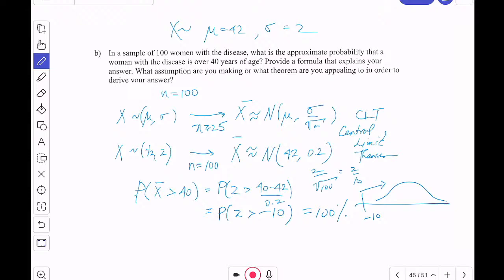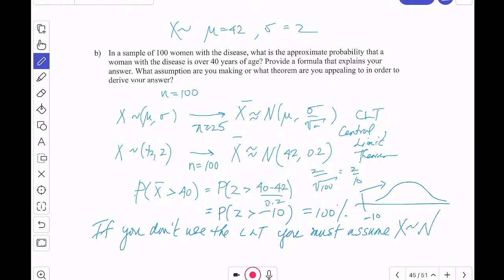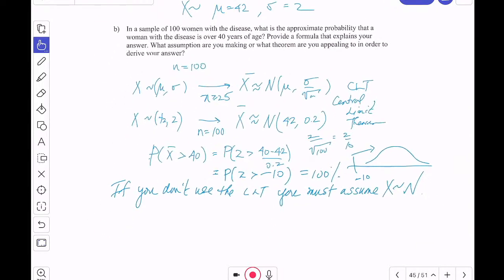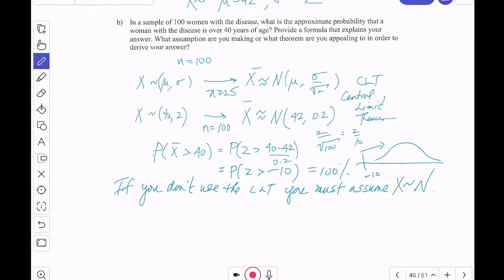If you don't use the central limit theorem, you must assume x is normal, or else you can't do this. You can't solve this. And then the results will be the same,